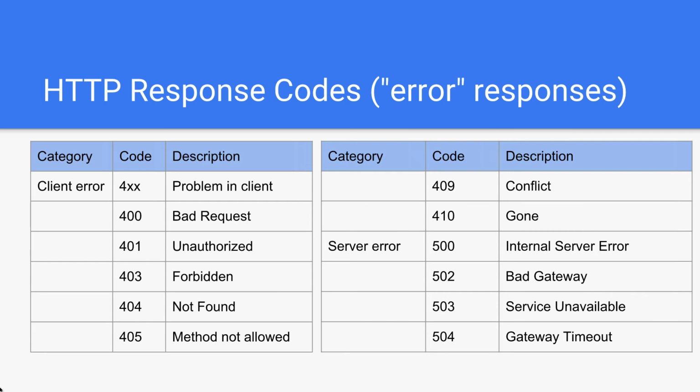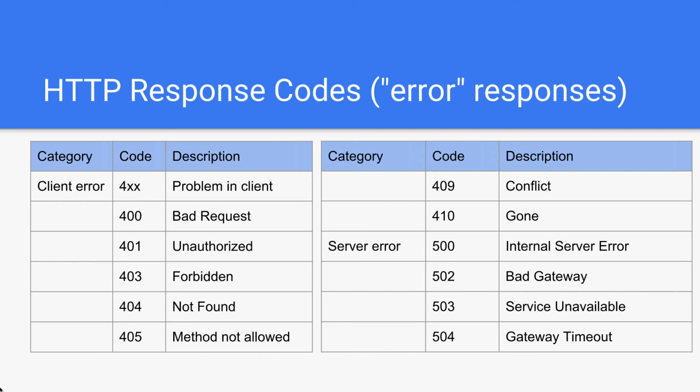The 400 level responses mean that the client did something wrong, and the 500 level responses mean that the server did something wrong. So on the 400 level responses, 400 by itself just means it's a bad request, and that could mean any number of things. Oftentimes I will send this to indicate that there's a problem in the body of your request. So maybe you sent a representation which I didn't understand, or you had some errors in the representation, like you needed to supply certain fields and you didn't, so I'll give you